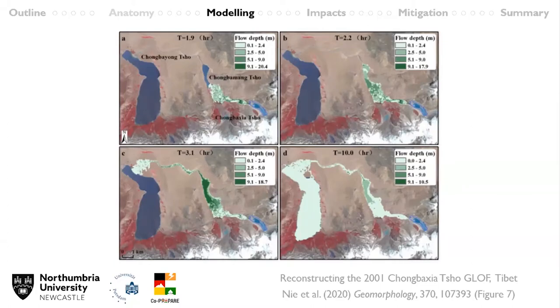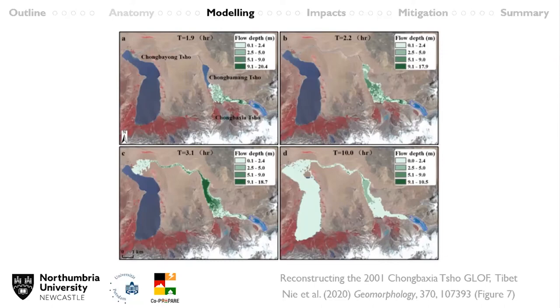What was also interesting about this particular case study is that when we were trying to figure out what the likely trigger of the GLOF was, we settled on the most likely explanation being an ice avalanche from the retreating parent glacier, and the calving of some hanging ice, which would have entered the lake and caused an overtopping style failure and breach development. But then when my colleagues dived into some of the local weather station data, regional weather